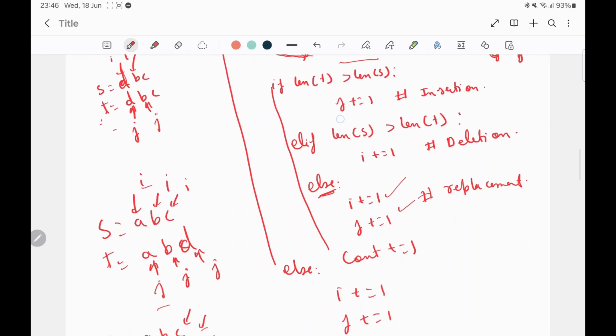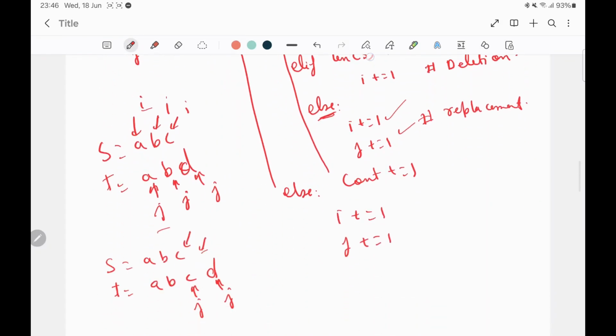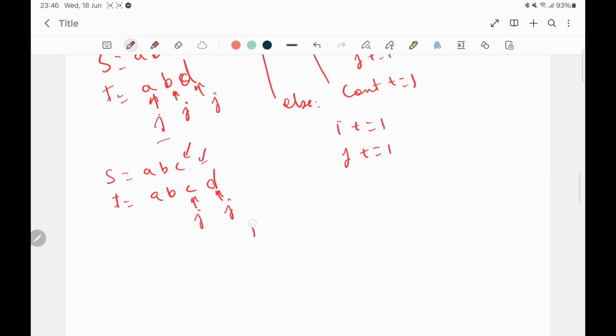Okay, so at last, after this while loop, we need to check if i is less than length of s or j is less than length of t. In both the cases, we need to increment count += 1. Okay, so let's say that